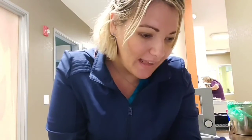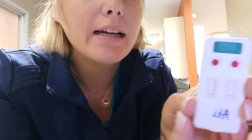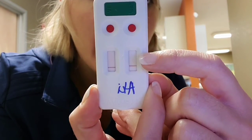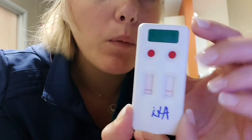All right, so it has been 10 minutes, and our test is complete. So our little kitten here is negative. You can see here, this is our control line. If we did have any lines up here, a second one, that would be positive